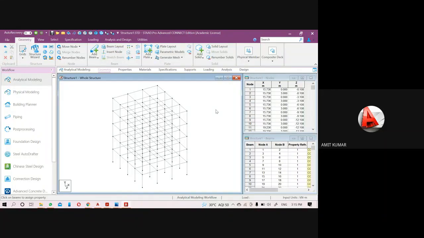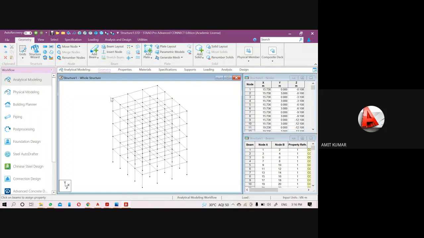If you are going to analyze only beam and column, then it doesn't matter how you create the plate, and it can be done directly through the add plate option. But if you want the plate stress and absolute stress at the corner or on the plate, in that condition we will use the meshing option. So I will start with the simple method, that is the add plate. After that I will explain the meshing also.